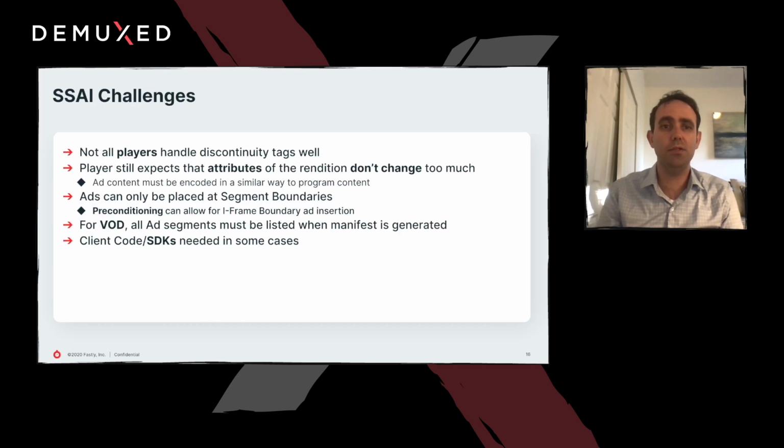There's a few challenges with this approach. Not all players handle discontinuity tags well or in a consistent way. In some cases, players still expect that the attributes of a particular rendition and segments in that rendition don't really change too much, and this often leads to the ad content needing to be encoded and prepared in a very similar way to your program content. By default, this also means that ads can only be placed at segment boundaries,